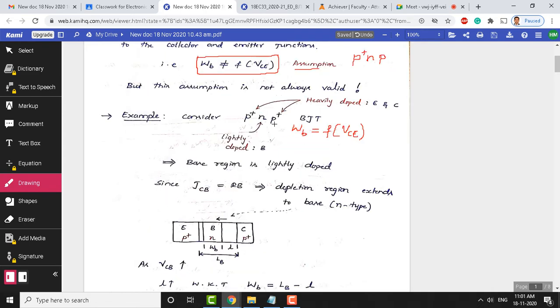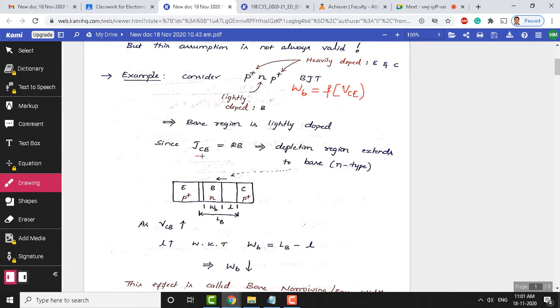So, in this type of transistor, base region is lightly doped, and you know that the collector base junction JCB in normal active mode is going to be reverse biased. So, JCB means it is a collector base junction, this is reverse biased. The other junction we have not told here. So, the other junction is going to be the emitter base junction. In normal active mode, emitter base junction is going to be forward biased. Okay. So, this mode is called as normal active mode.